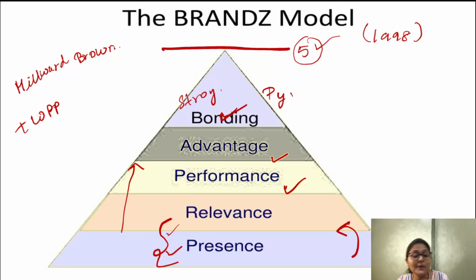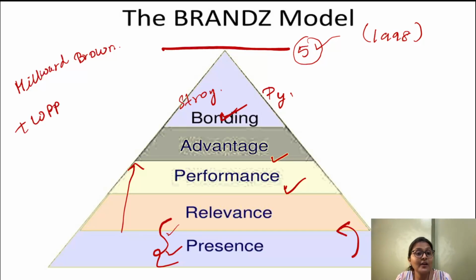In the middle level comes the performance. So the brand must deliver superior performance to build trust with the customers, so that customers feel that they are being part of a particular brand, and the brand is giving us whatever they are promising. So long term trust can be built. Then at the top levels, the focus is on creating emotional bonding with the brand and having loyalty with the brand. The customers should